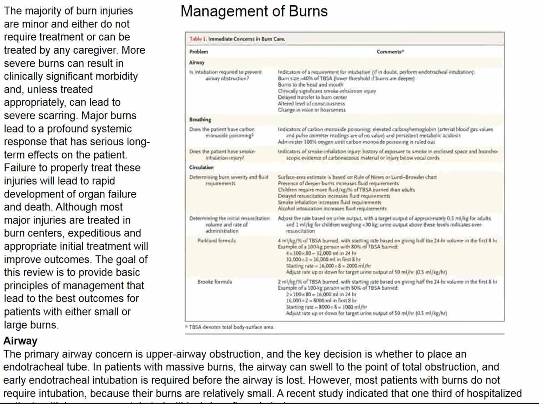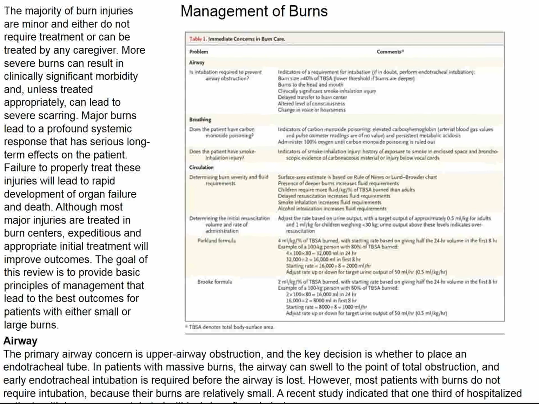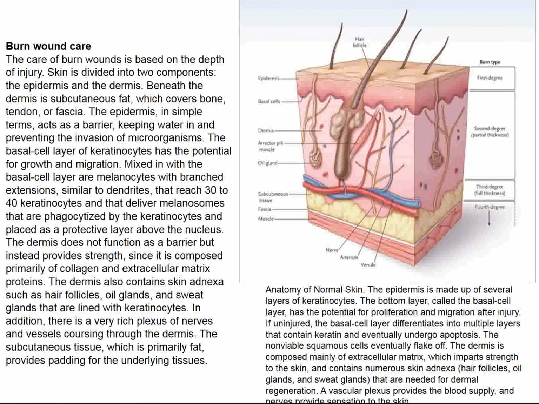So that an airway assessment has to be done because burn injuries obviously can involve airways or also involve inhalation of toxic gases and substances, etc. Then we need to assess the surface area that's involved here. And there are several approaches to this, a little more sophisticated than the rule of nines that I was taught in medical school. We have to make an assessment of the depth of the burn injury, and then we have to make an immediate decision in terms of fluid replacement therapy. And so this is all reviewed in this